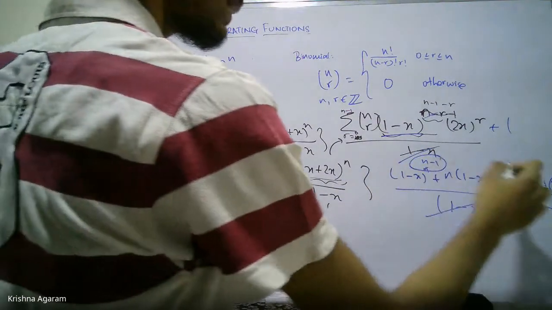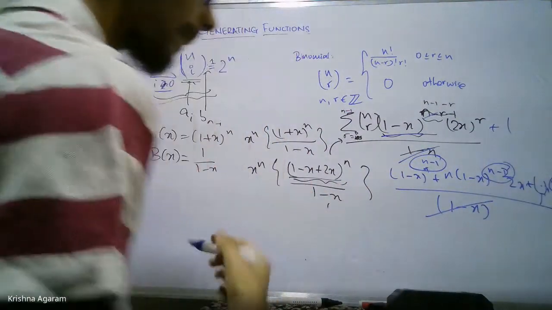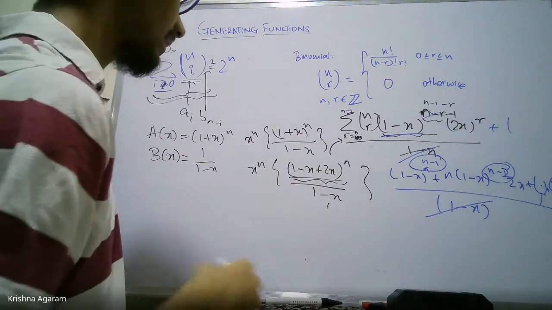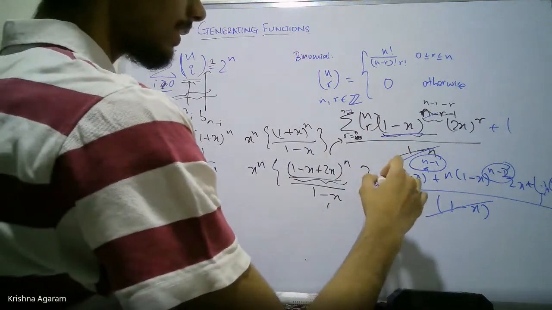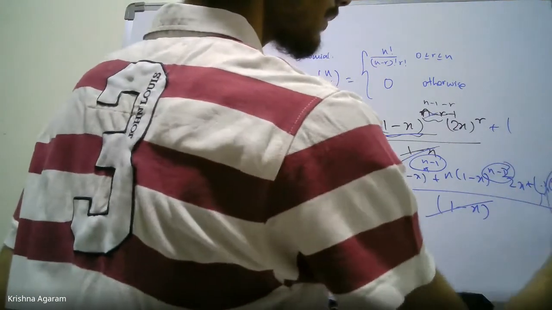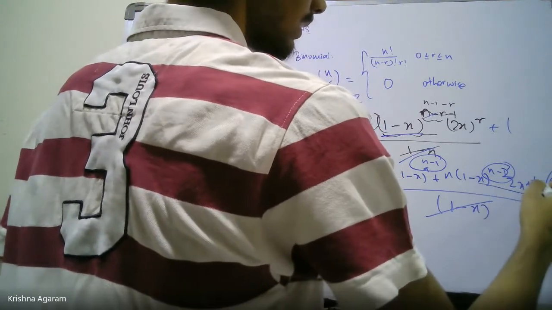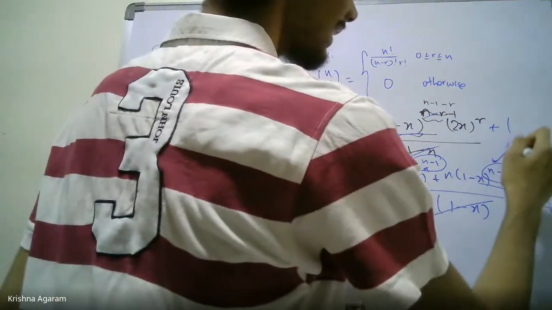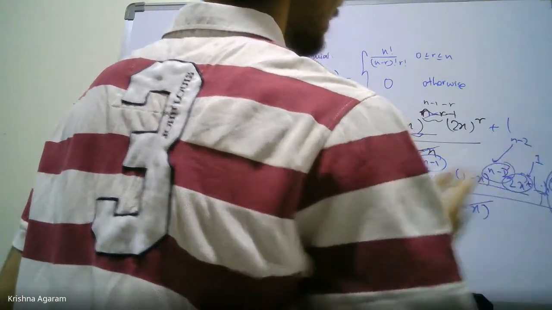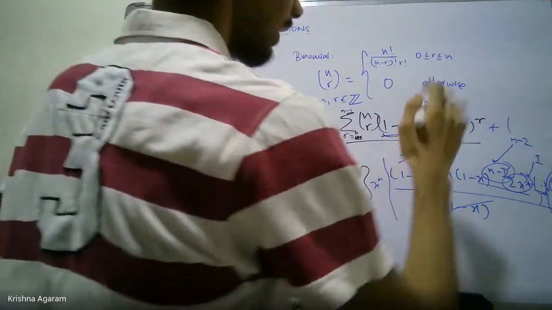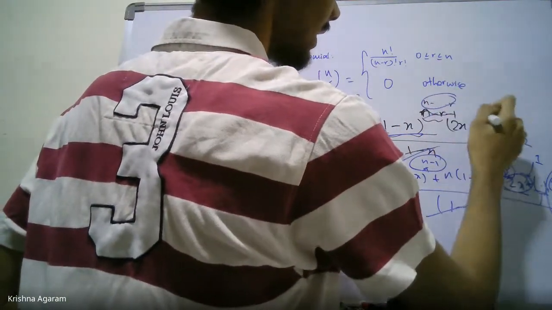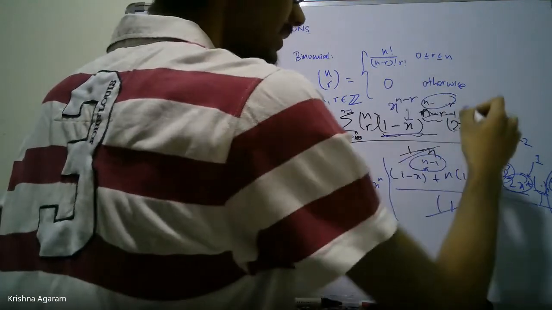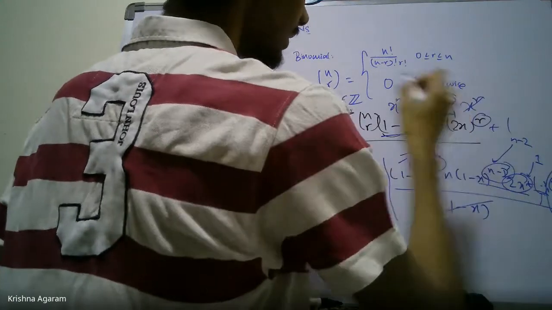And all of these, notice the degree is n minus 1, n minus 2, and so on. So none of these actually has an x^n coefficient. So the x^n coefficient in this whole expression comes only from this last term. This is a constant, and these two x's also contribute, but the net is that this is an n minus 2, this is a 1. You can look at it as when this was n minus r and r, the maximum coefficient you could get is from here x^(n-r), here x^r, so totally x^n.